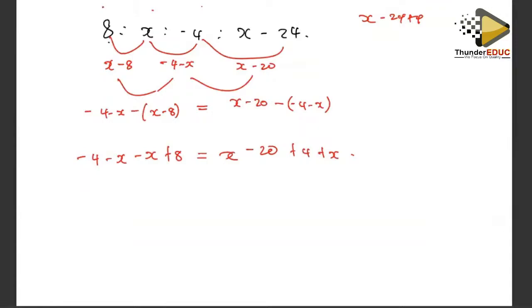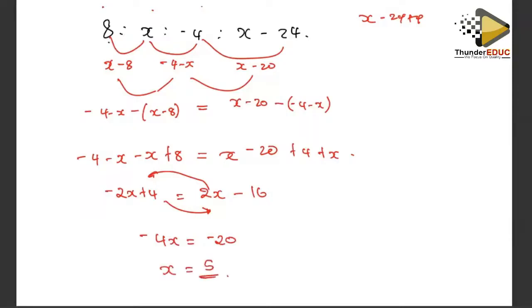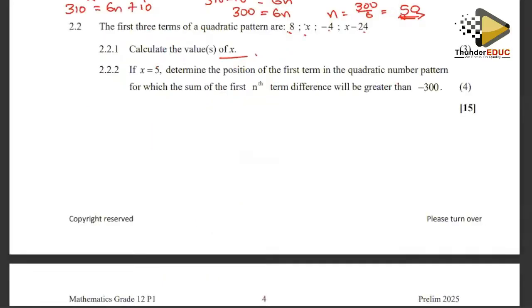All right, simplify, meaning that we have negative 2x plus 4 is equal to 2x minus 16. Let's collect the like terms, move the 2x that side, move the 4 that side. So negative 4x is going to be negative 20, and then x is going to be just 5. All right, so that is what we are getting, just one value of x. Then if x is 5, which confirms that,